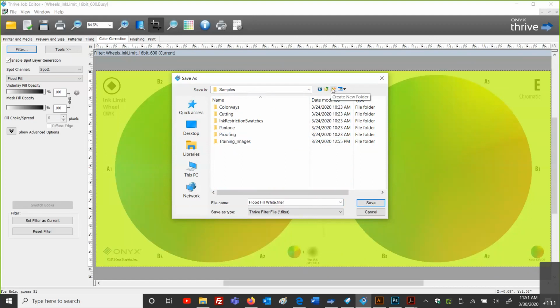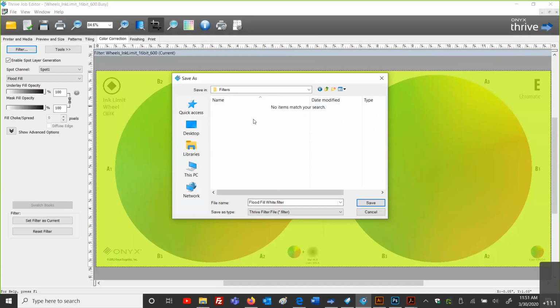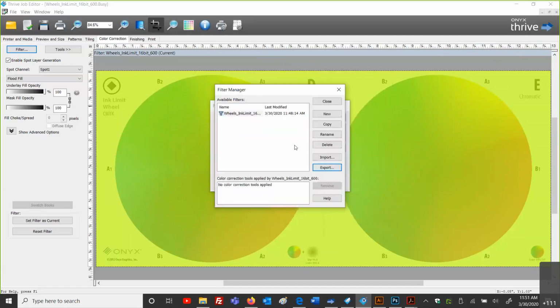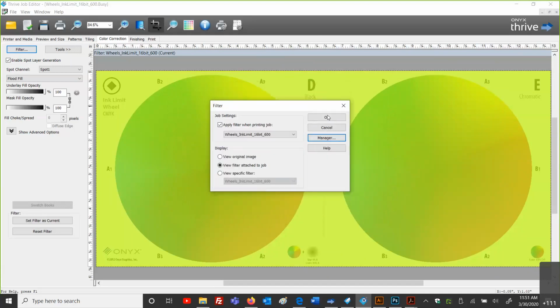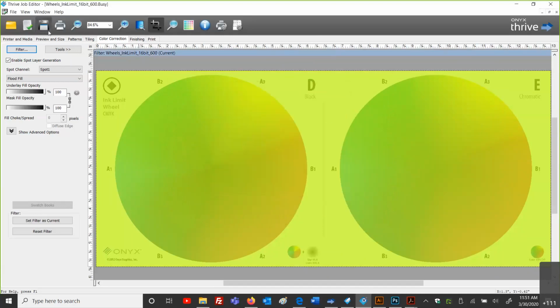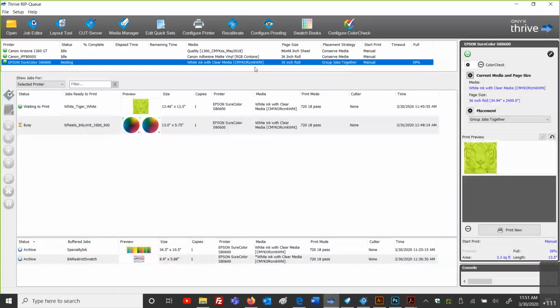Here I can make a new folder, and I'm just going to call it filters. Samples folder is just a folder of training images, so it's a safe place for me to put my data. Okay, I close this out, click OK, submit my job. Now, when that's done ripping,